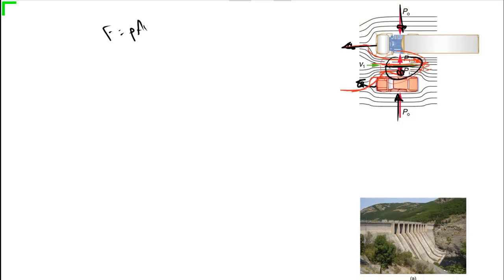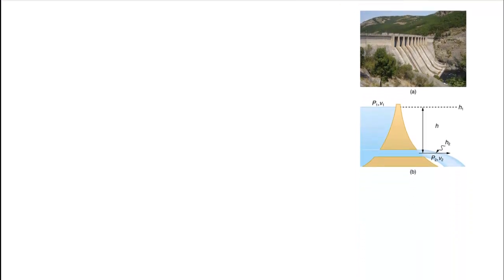So both the car and the truck feel forces. Again, we have a force is pressure times area that are pushing them towards each other. So again, another consequence of Bernoulli's equation. Lastly, let's take a look at a dam and see if we can find the velocity